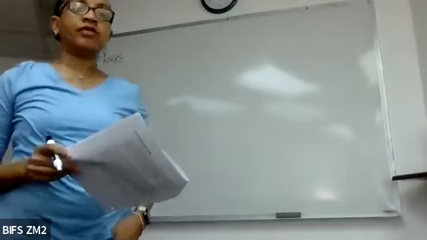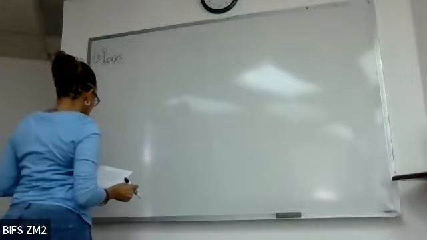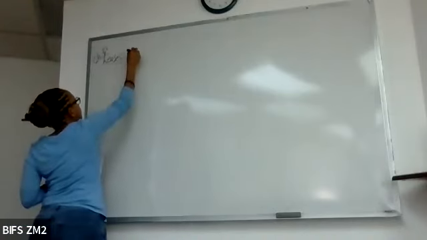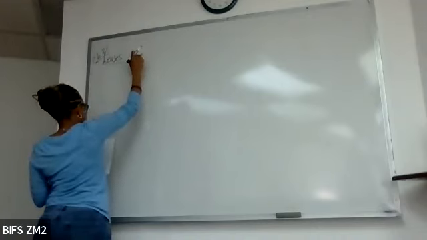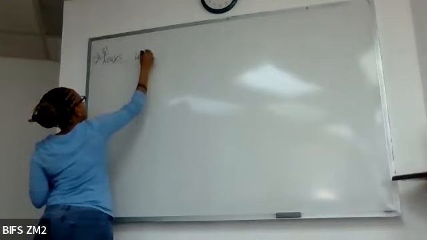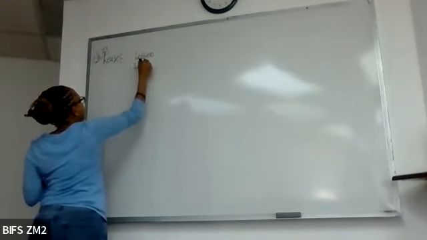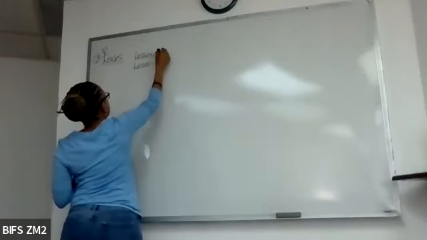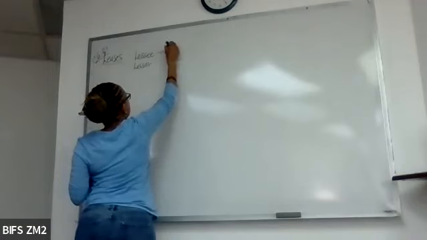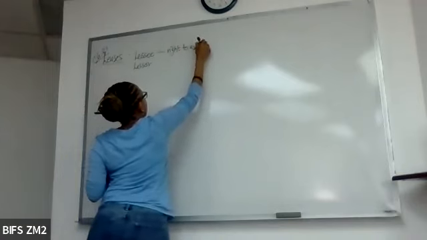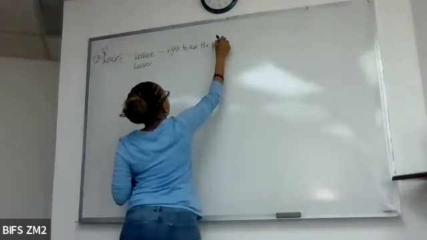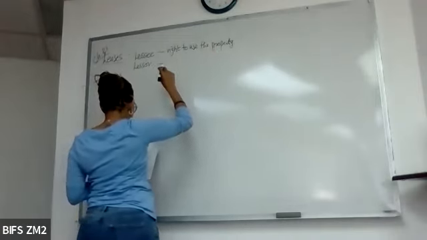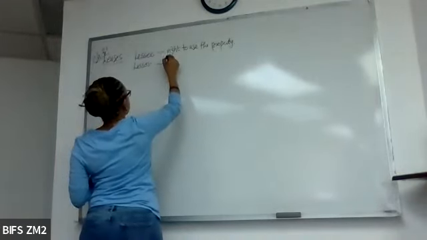So the first thing is a definition of a lease. In the lease arrangement, you have two parties. You have the lessee, and you have the lessor. Okay. And the lessee has the right to use the property. And the lessor is the person who controls